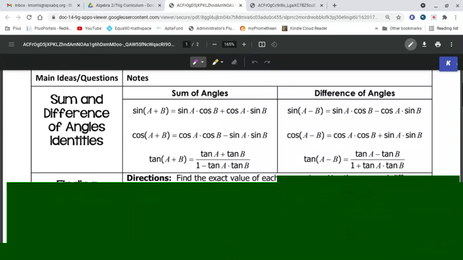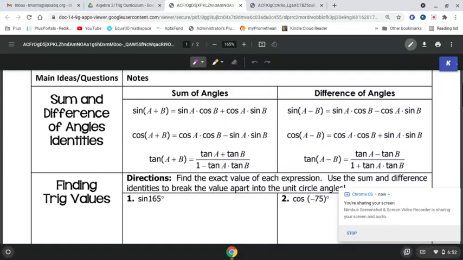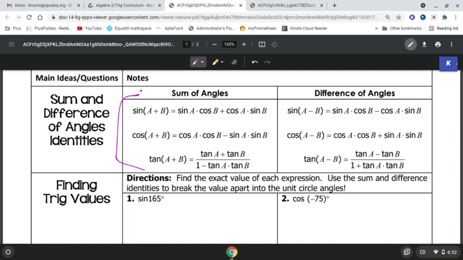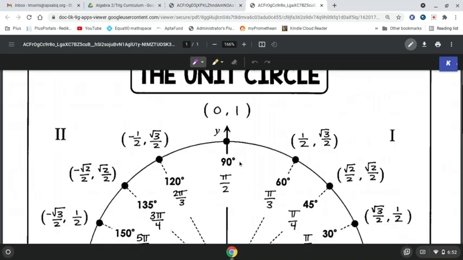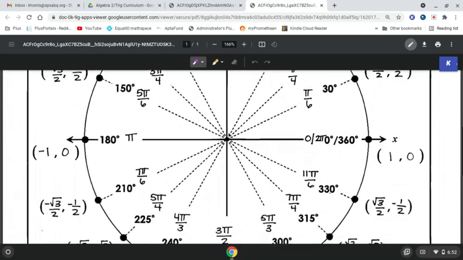Alright, for this section you're gonna need two things. You're gonna need everything we've got here, and it's not as bad as it looks. I know it looks like a lot, but it's not that bad. We're gonna particularly worry about these two, and then you're gonna need the unit circle, which I'm gonna upload